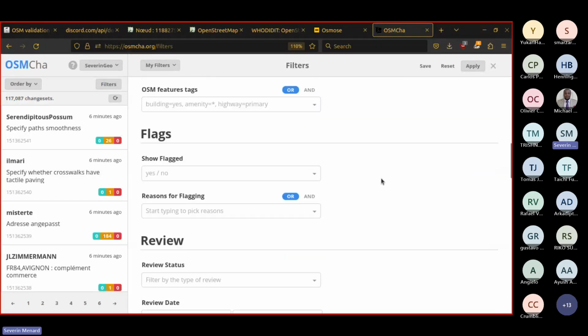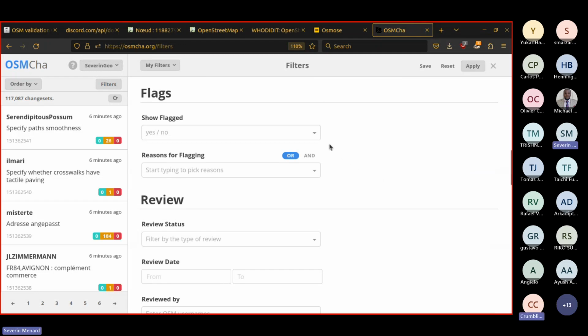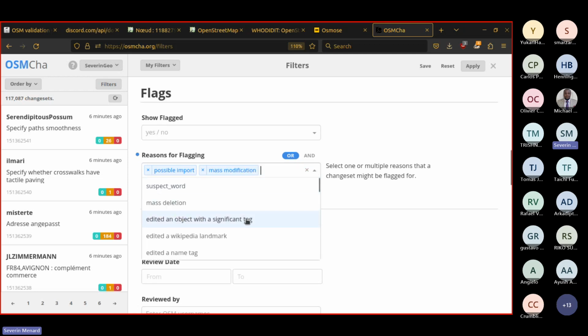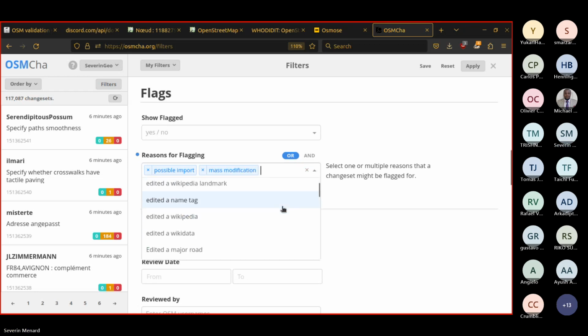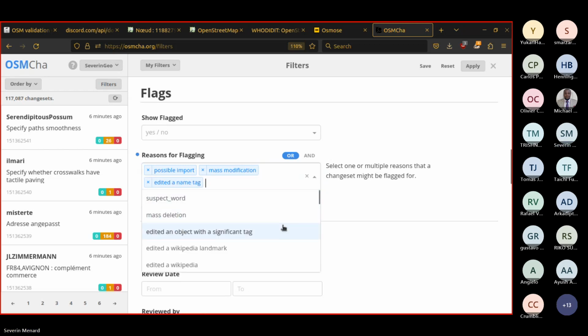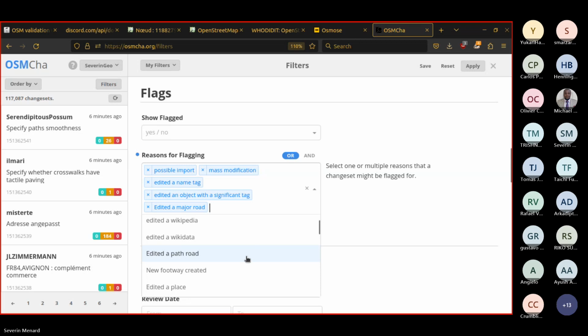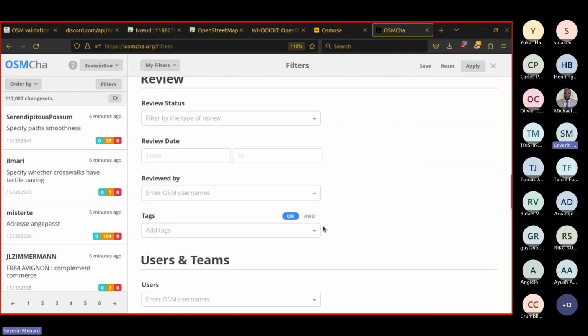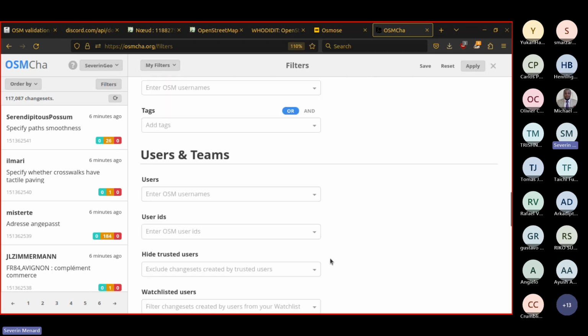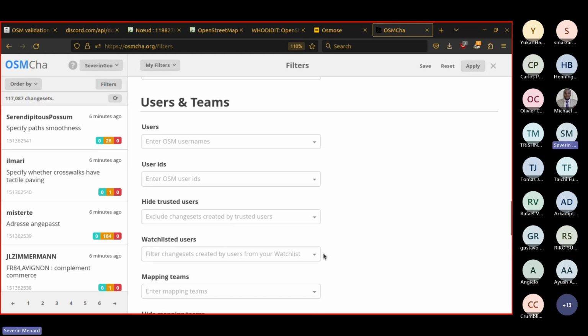And bounding box. And reason for flagging: possible import, mass modification, and for example, major road, footway, digital place modification, etc. Okay, and of course I would have created a watch list.